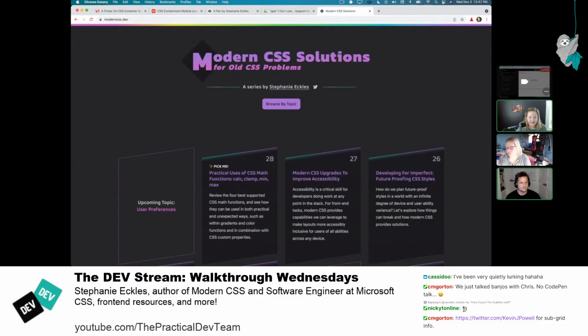I don't see Thomas in the chat, but they're a person I know that has been following it since the very beginning, like waiting for this to land. I think the bug has been around since like 2015 or something. I know people have been talking about the idea of container queries for a long time,